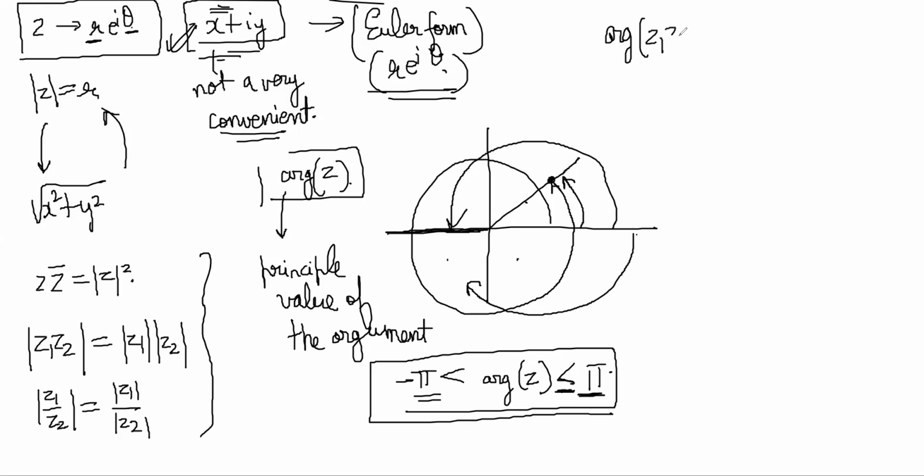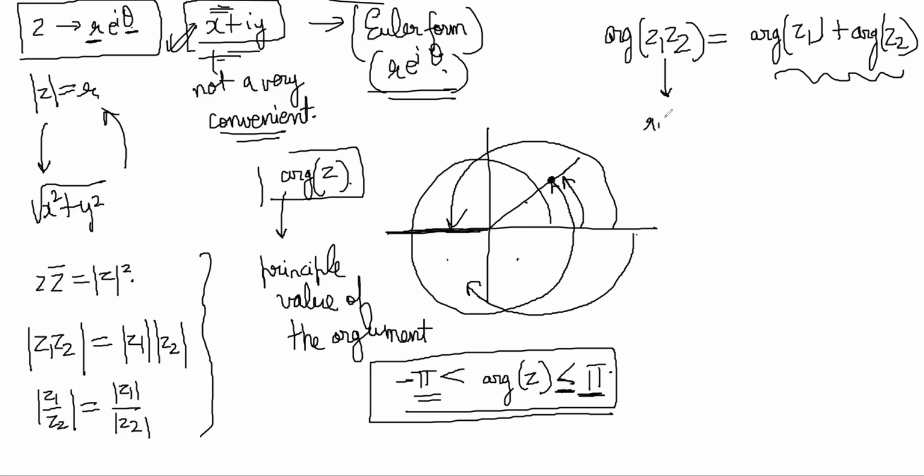Argument of Z1 Z2 will be equal to argument of Z1 plus argument of Z2. This property can be verified very easily because you can just use the Euler form again and see the product of theta 1 plus theta 2. So the argument of that complex number, which is R1 R2 e power i (theta 1 plus theta 2),